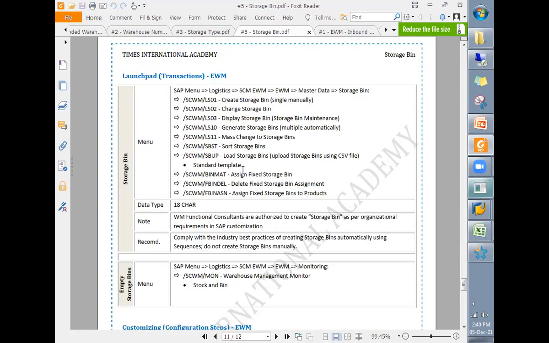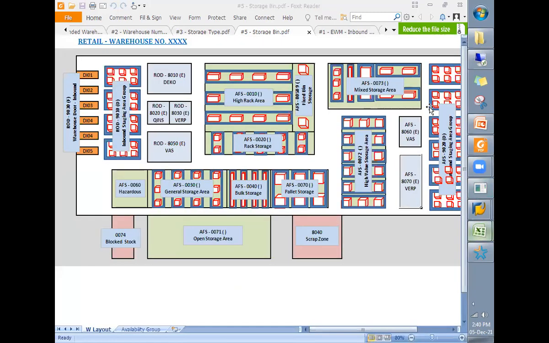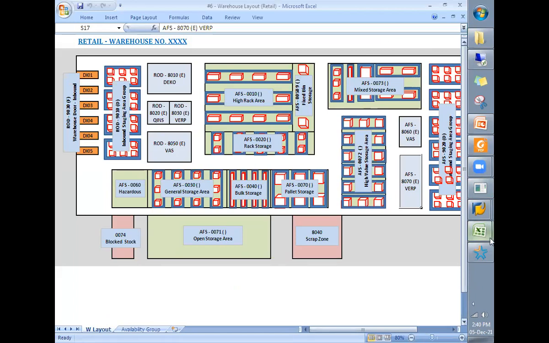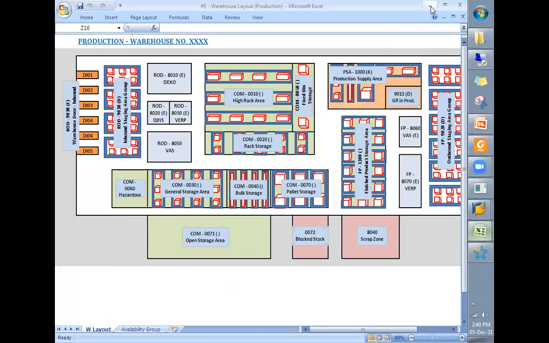What are the industries covered, sir? I will be taking the retail industry example and the manufacturing industry example. And if there is any requirement, we will consider other industries as well. Accordingly, I will be referring to different layouts for retail as well as manufacturing.